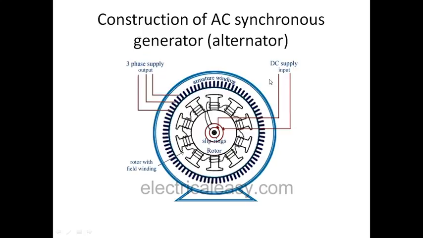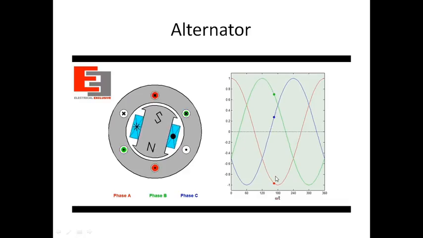And this is the construction of the typical AC synchronous generator. Three phase you are going to take as output. You are going to give input DC supply. This one is the slip rings rotor. The rotor is the field winding. Again, the armature is stationary. This is your armature and it is not rotated. It is stationary and the field winding is rotating. So you can see, once my field is rotated, I am going to get an output in the three-phase manner.